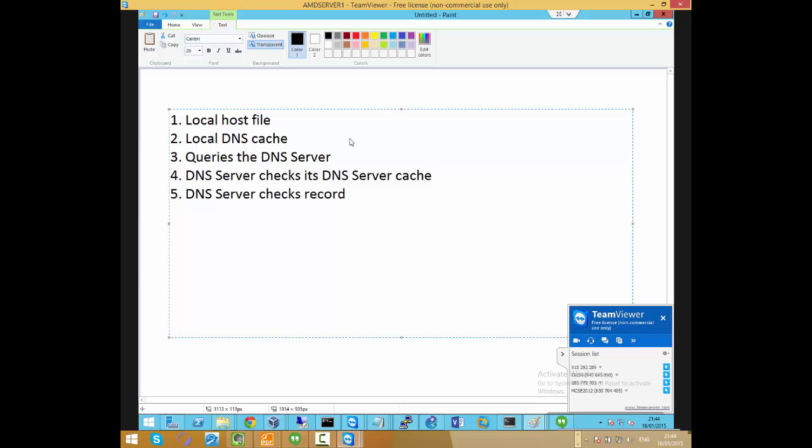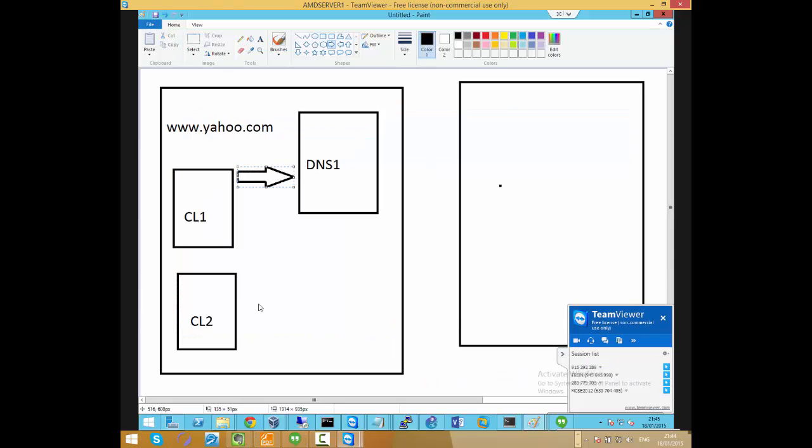So the next thing actually, so Sven is right in that the next thing that will happen is once a query gets to the DNS server, if it's a query for something that is not on the DNS server, the first thing that it does is check its local cache. Do I have this record in my local cache? Have I resolved it before? So that's the next thing it does. Because if somebody else, let's say client 2, has put a query to DNS1 for yahoo.com before, and DNS1 has